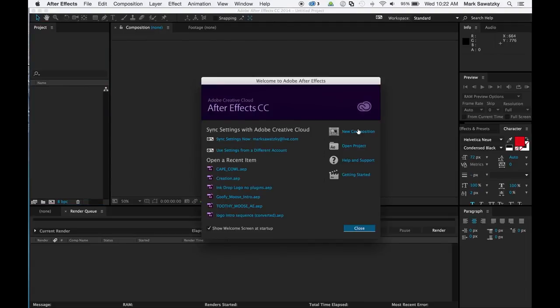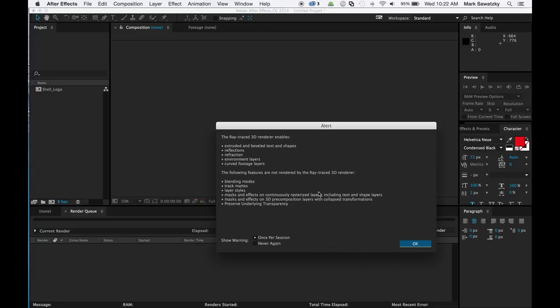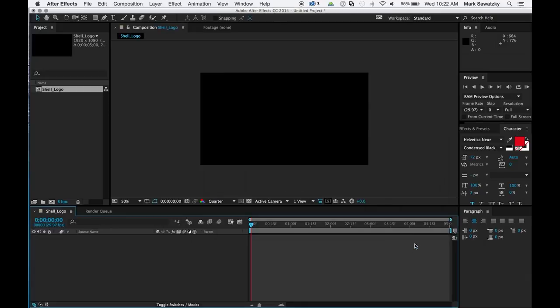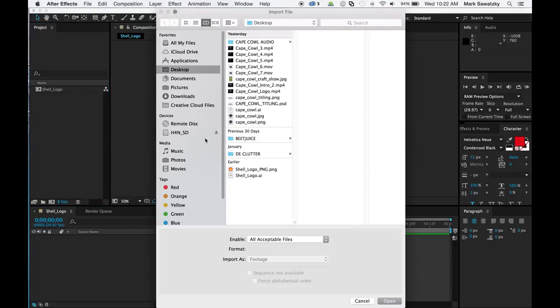Yeah, just agree with it. New composition, 1920 by 1080. We'll call this one shell logo. Sure. Ray trace, blah, blah, blah. That's important. Okay. Now, the first thing that we're going to do is double click, or Command I, however